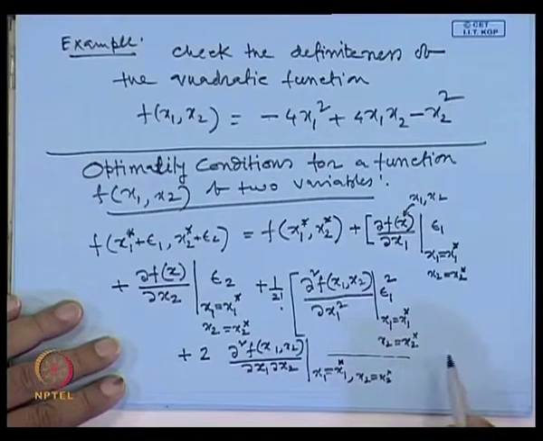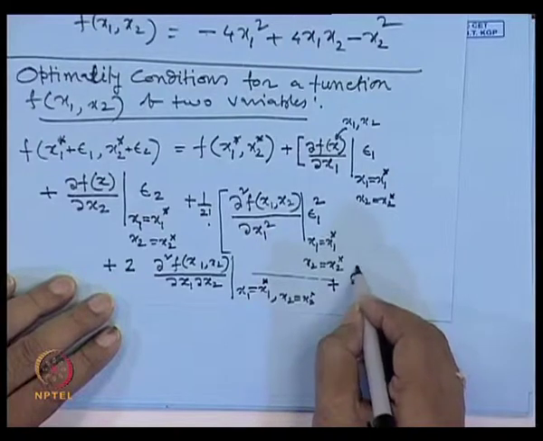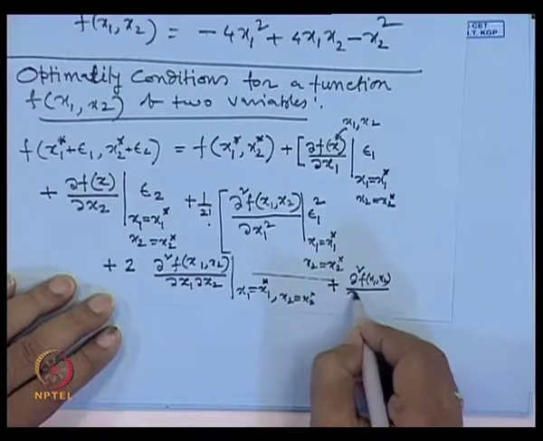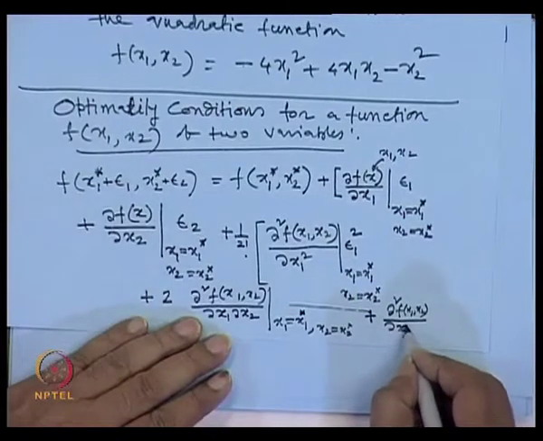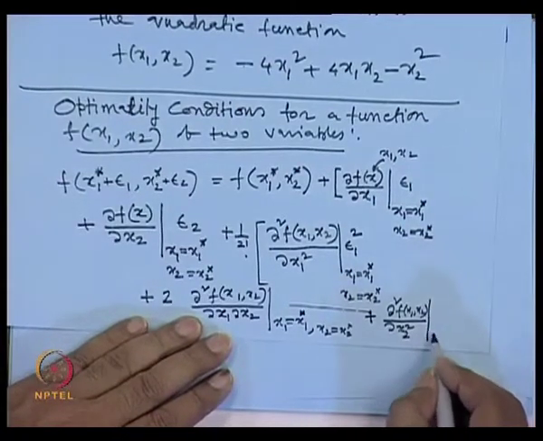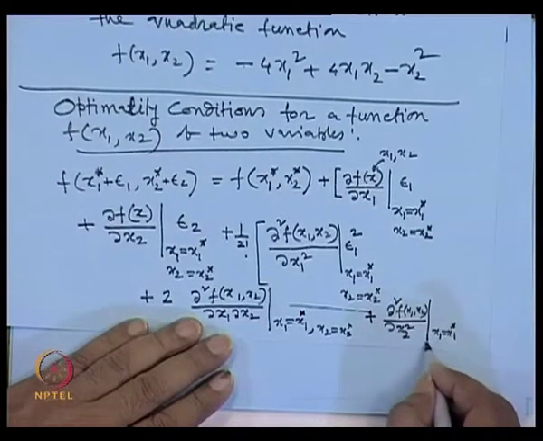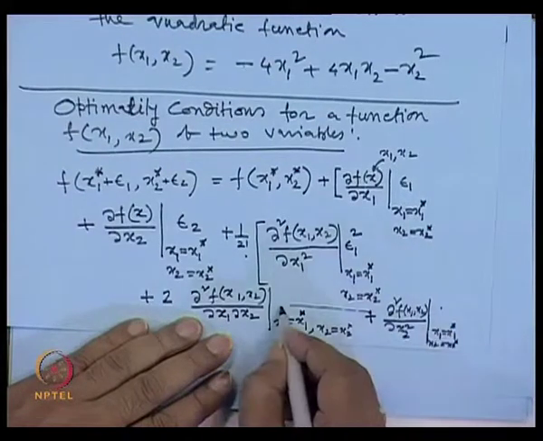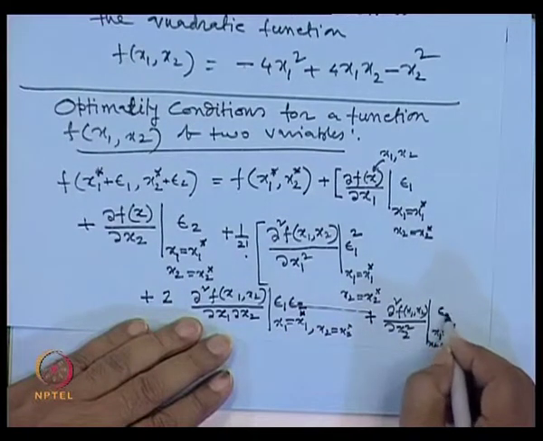So, I am writing here plus, agree, then del square f x 1 x 2, and this is differentiate with respect to x 2 square, that you evaluate this value at x 1 is equal to x 1 star and x 2 is equal to x 2 star, multiplied by, here I missed it, epsilon 1 and epsilon 2. So, here you multiplied by epsilon 2 square